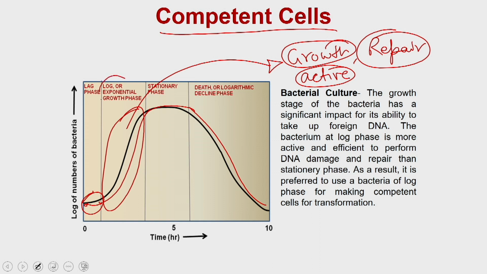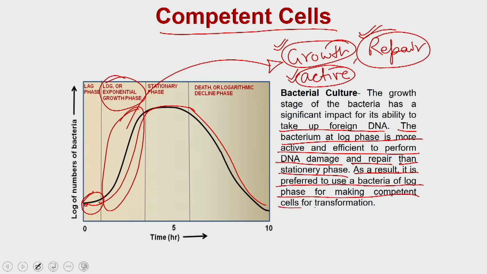So, the log phase bacteria are good because they show very high growth, they are metabolically very active, and the most important thing is that if you give them some kind of stress or damage, they will be very good in terms of their repair mechanism, and that is why they are very good at taking up foreign DNA. The bacteria in log phase are more active and efficient to perform DNA damage and repair than stationary phase bacteria. As a result, it is preferred to use bacteria of log phase